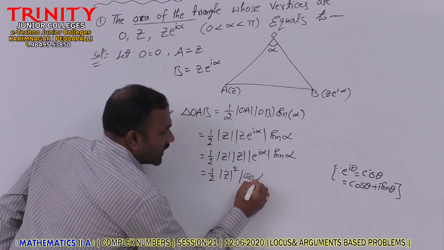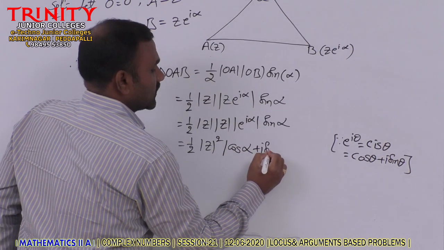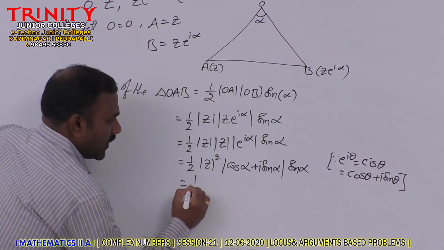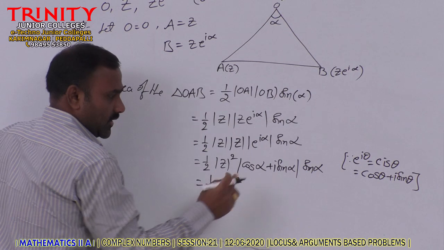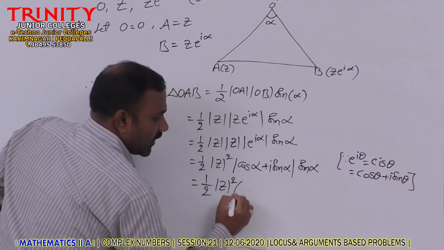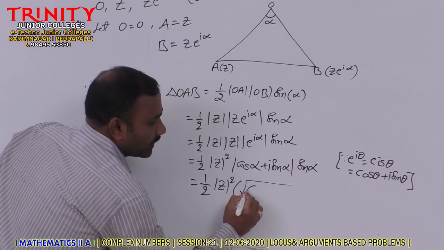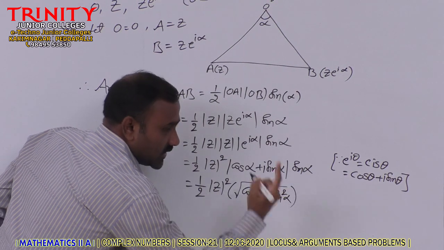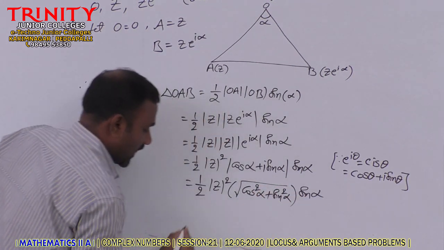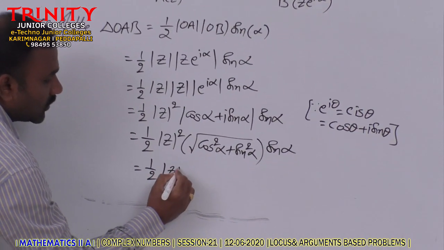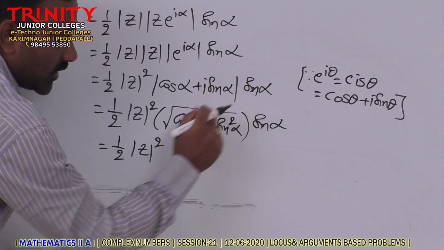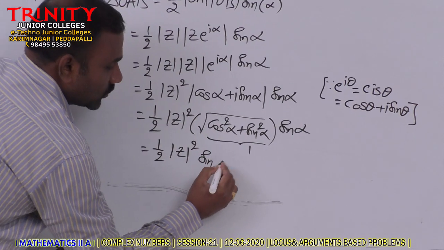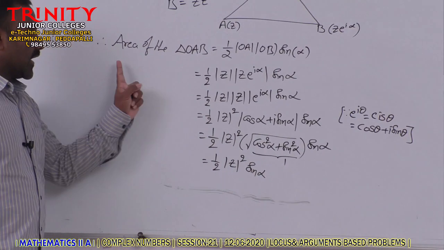We can write this one as cos alpha plus i sin alpha into sin alpha, 1 by 2 mod z square. Modulus of cos alpha plus i sin alpha is nothing but modulus of a complex number, that is cos square alpha plus sin square alpha. The value is 1. This is into sin alpha as it is, 1 by 2 mod z square. This value is what? 1. The value is 1. Therefore, into sin alpha only. This is the area of the triangle